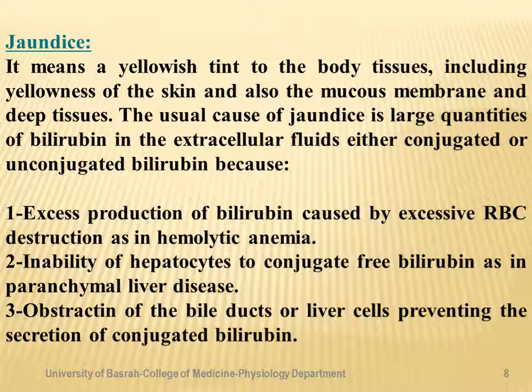Jaundice means a yellowish tint to the body tissue, including the yellowness of the skin and also the underlying mucous membrane and deep tissue. The usual cause of jaundice is large quantities of bilirubin in the extracellular fluid, and it is either conjugated or unconjugated bilirubin. The causes of jaundice: we have the excess production of bilirubin caused by excess red blood